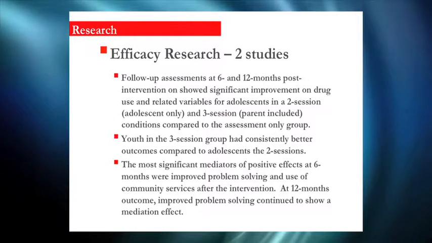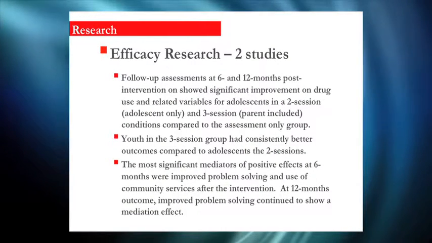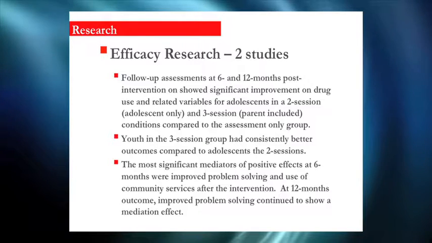You get the most improvement, sometimes statistically significant, sometimes not, but the trend is always that you get the better outcome when you have added the parent component. So if you do all 3, you're most likely optimizing outcome for your client. But if you don't get the parent to be involved, or you realize you have to call an audible and accept the teenager's condition of, I'll do it, but I don't want my parent involved, which can happen, and you have to go that route, you still forge ahead, because the odds are you're still going to have an opportunity for benefit.